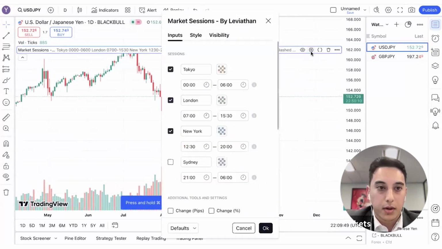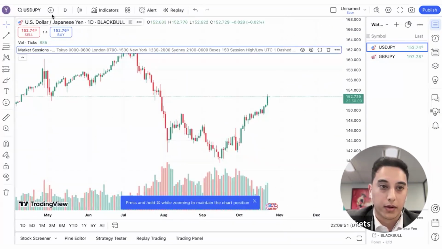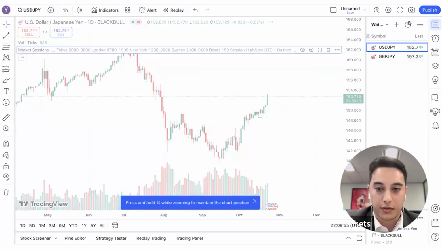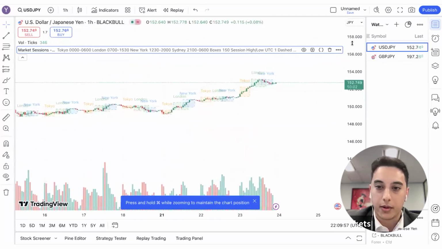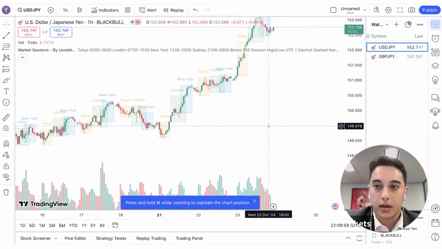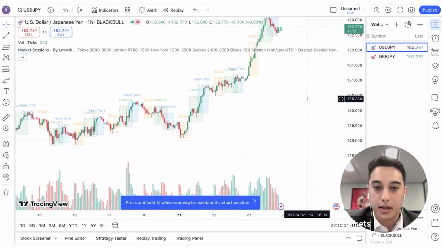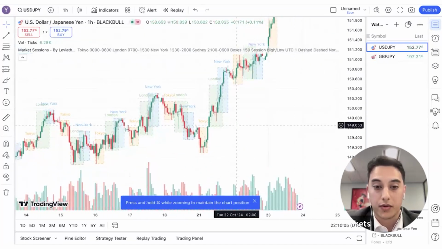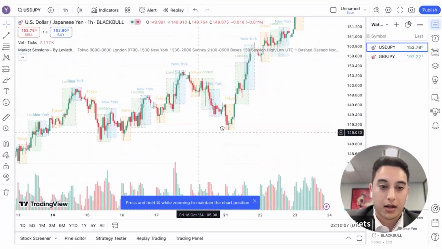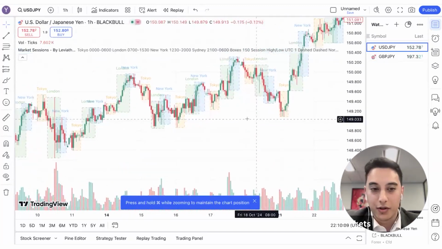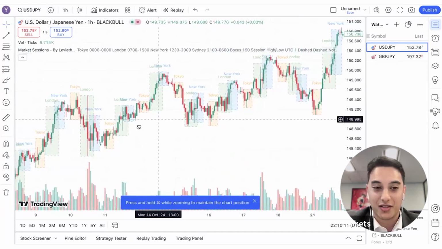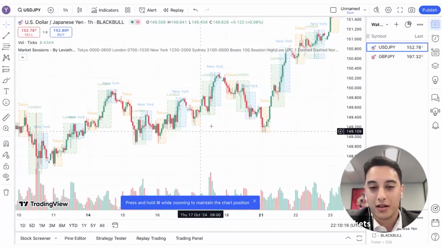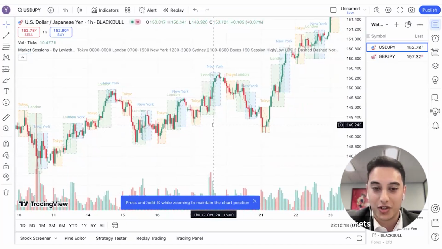Okay, now as soon as this populates, we're on the daily time frame, we're not going to see much here. So a good one to have a look at is the hourly time frame, right? So you can see how the pair moves differently in the different sessions. The first thing you'd notice is that yes, the Asian session has the smallest range in general, compared to the London and New York sessions.